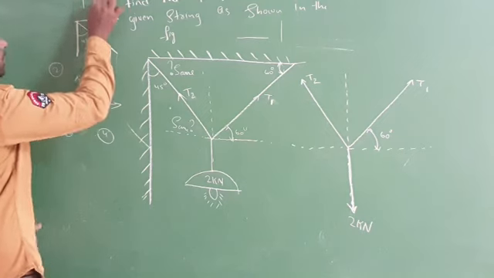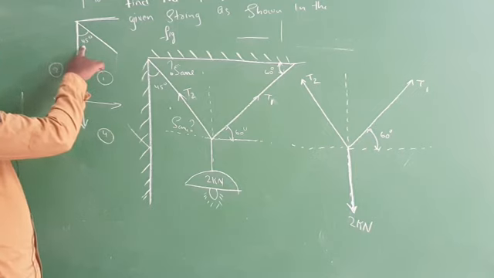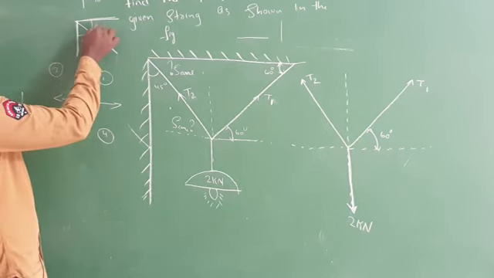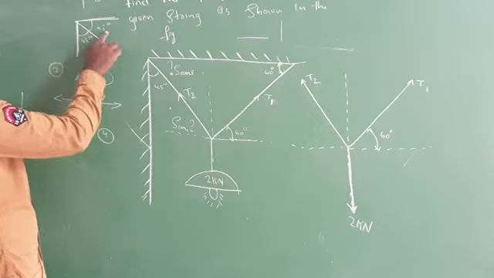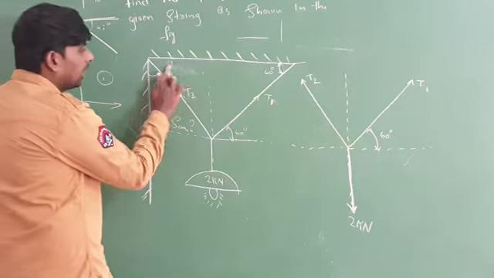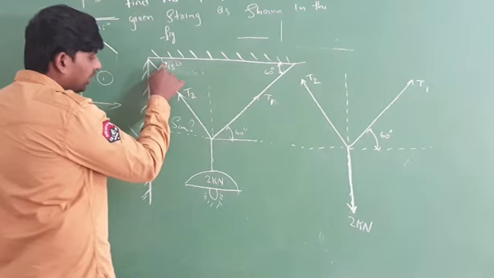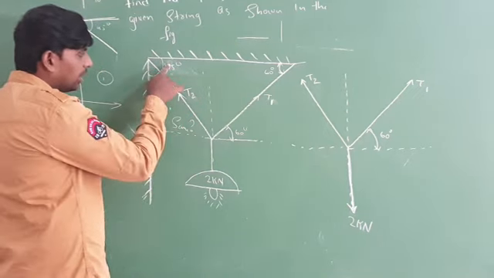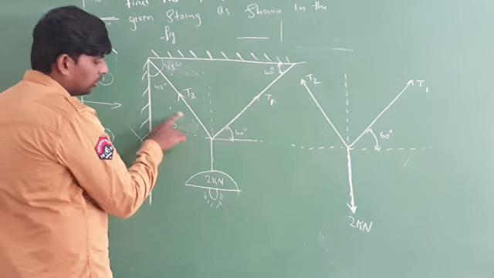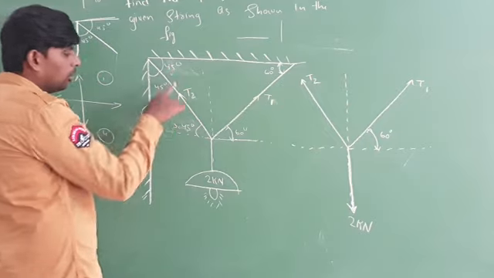How much angle will be there? 90 degrees will be there. Automatically, he took how much? 45 degrees. So obviously, the remaining one will also be 45 degrees. The sum of these two should be 90. So here you will get the angle how much? 45 degrees. As I told you, this angle is equal to this angle. This angle is equal to this angle. So here the angle is also equal to how much? 45 degrees. This angle is 45.